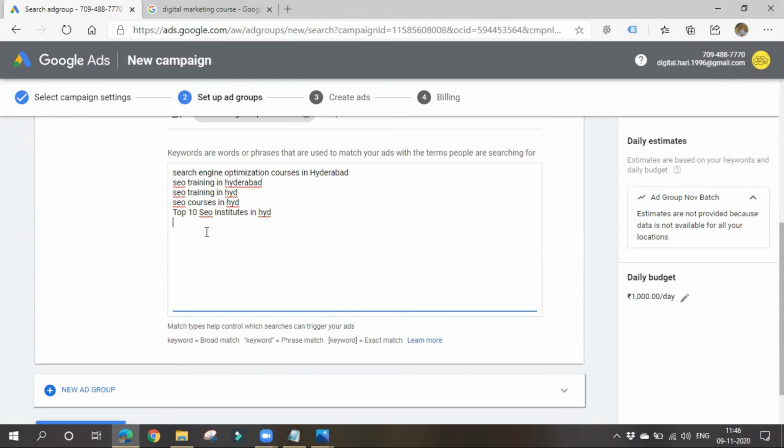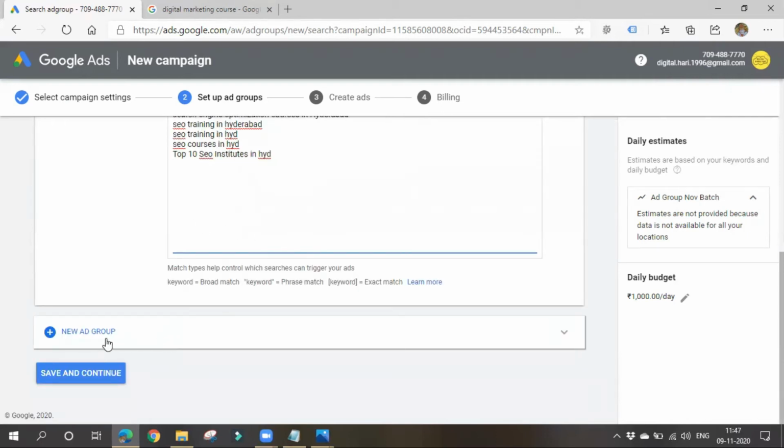Also, people who search for institutes in Hyderabad, as it is in Hyderabad itself, your keyword will be correct, right? So you can choose multiple internal locations. But if you are going for a totally different kind of location, please go for different campaigns. Please remember that.